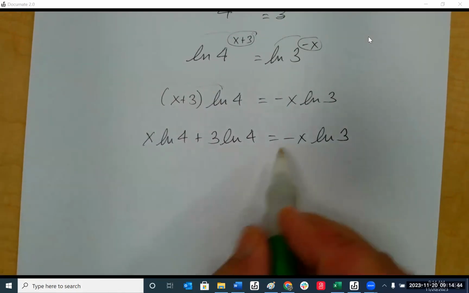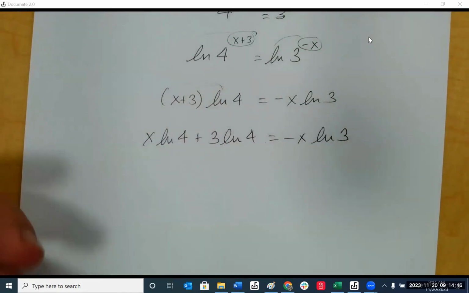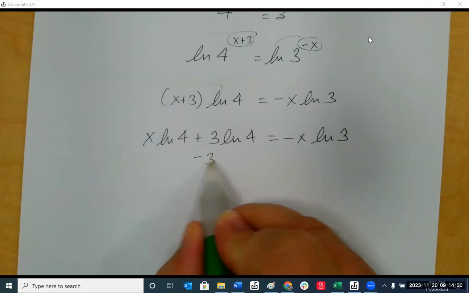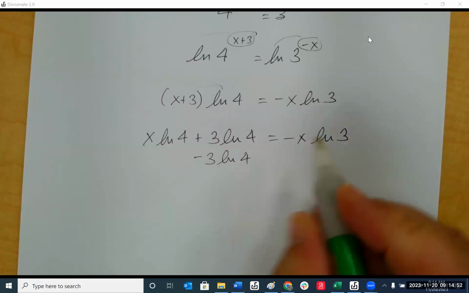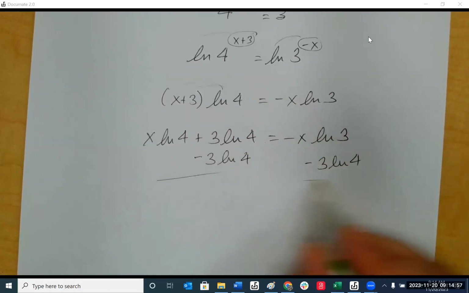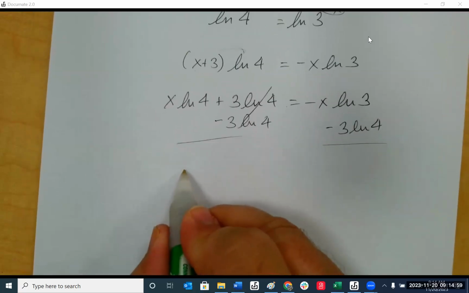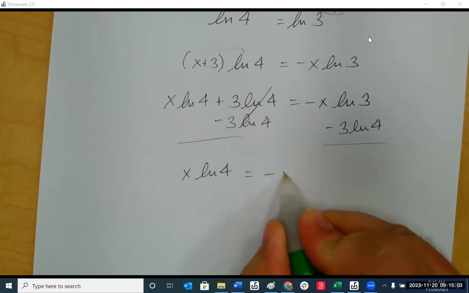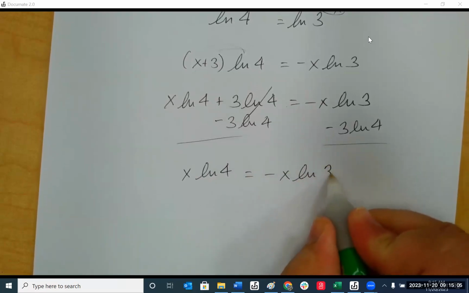Always, you have an x and you have an equal sign. Move all the x's to one side, non-x's to the other. So we subtract 3 ln 4 from both sides. Those cancel. We have x ln 4 equals negative x ln 3